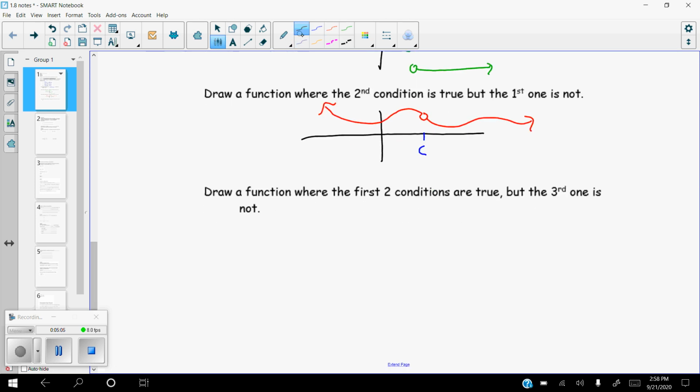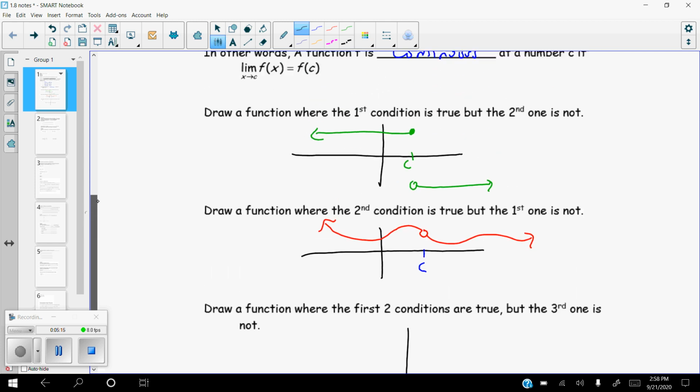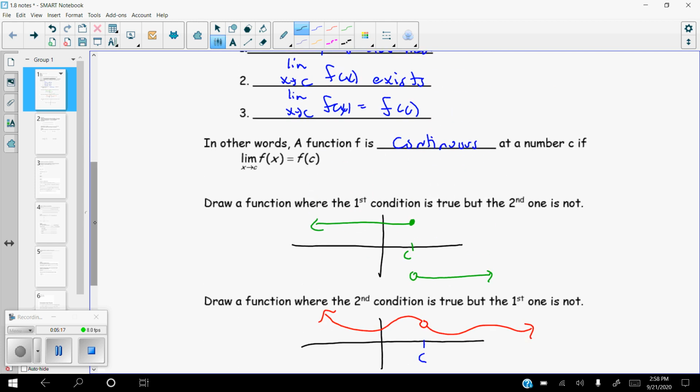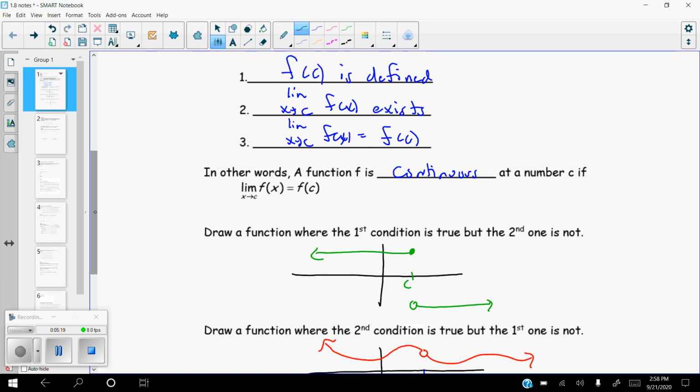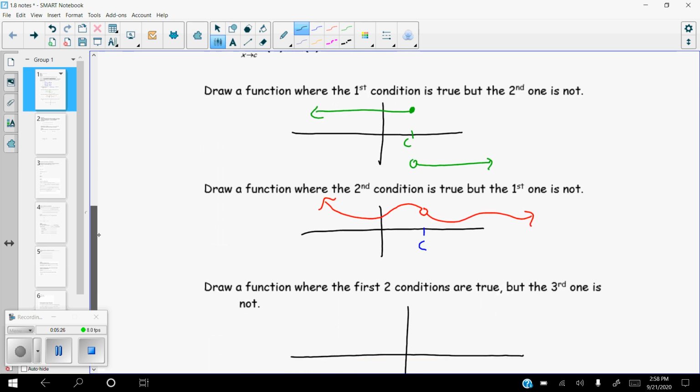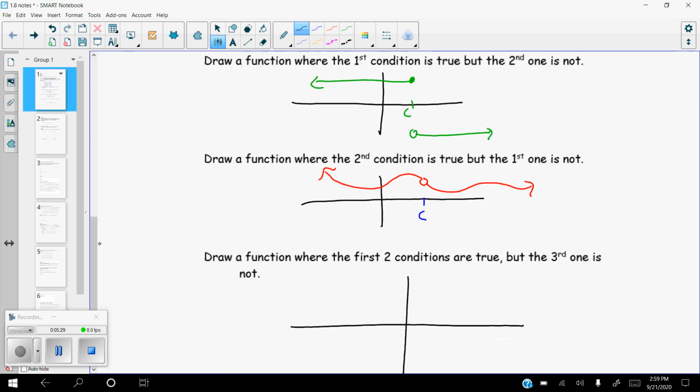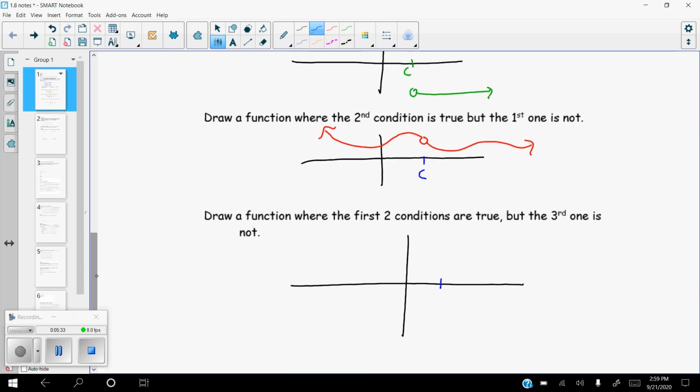And then the last one wants us to do one where both of the first and second conditions are true, but the third one is not. So let's go back. So we need there to be an actual defined value of C at C. We need the limit to exist, but those two things can't equal each other. Well, we can actually take a very similar approach to the one that we just did. I'm going to try and sketch something close to that if I can. Doesn't have to be exact, but